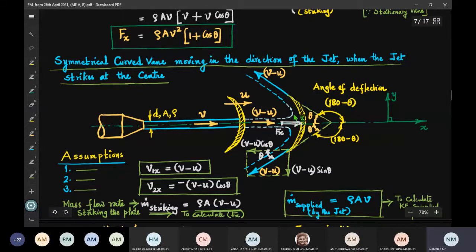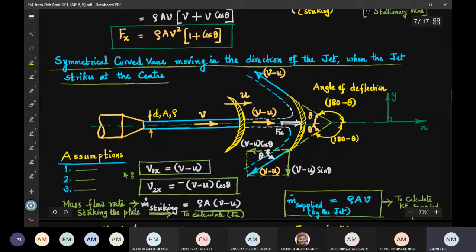And after deflection, the jet moves in this direction. See this in a 2D sketch, we can show the deflected jet in the top and bottom. So v minus u, and for the resolution of velocity components, I have taken the bottom part. You can take any one part because the status of both will be the same. Any portion of the deflected jet, the status will be the same, since the jet is striking at the center. So v minus u is the magnitude of deflected jet velocity also, because of our assumptions.